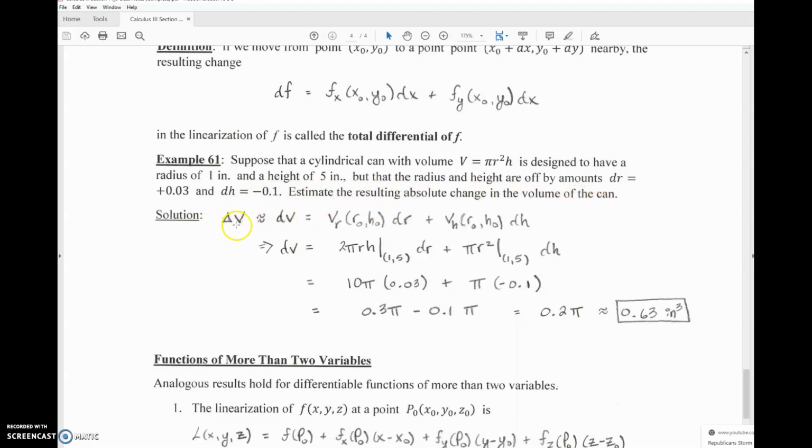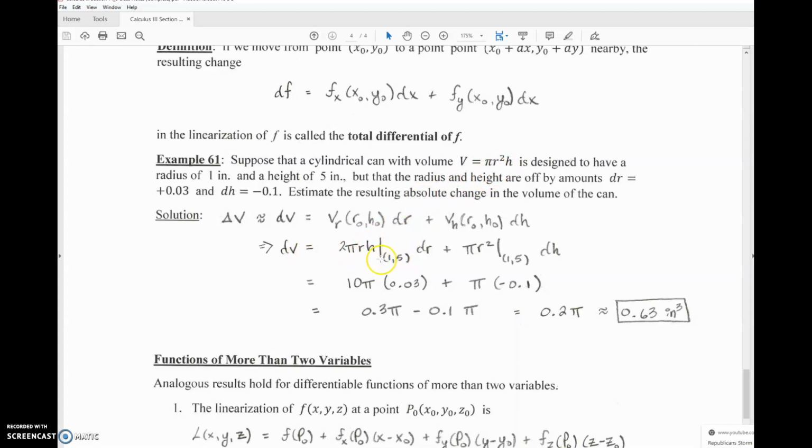Instead of actually finding the change in the volume, we're going to approximate it with dV using differentials. That would be the partial of V with respect to r, evaluated at r naught, h naught, times dr, the change in the radius, plus the partial of V with respect to h, evaluated at r naught, h naught, times dh, the error in the height. So dV is the partial of V with respect to r, which is 2 pi r h,